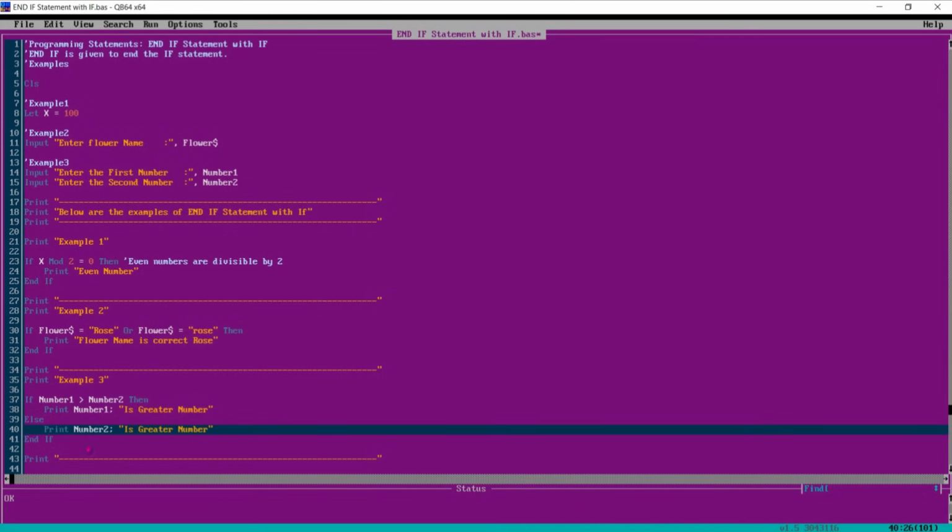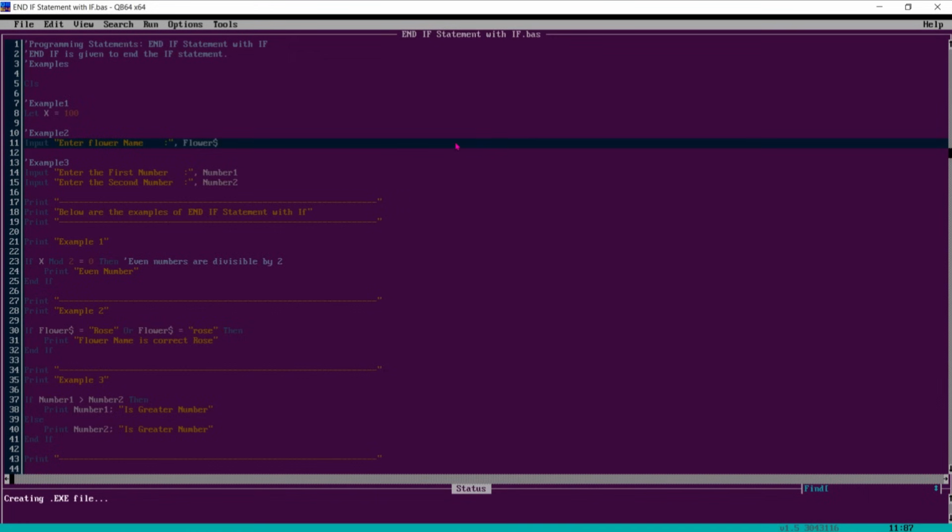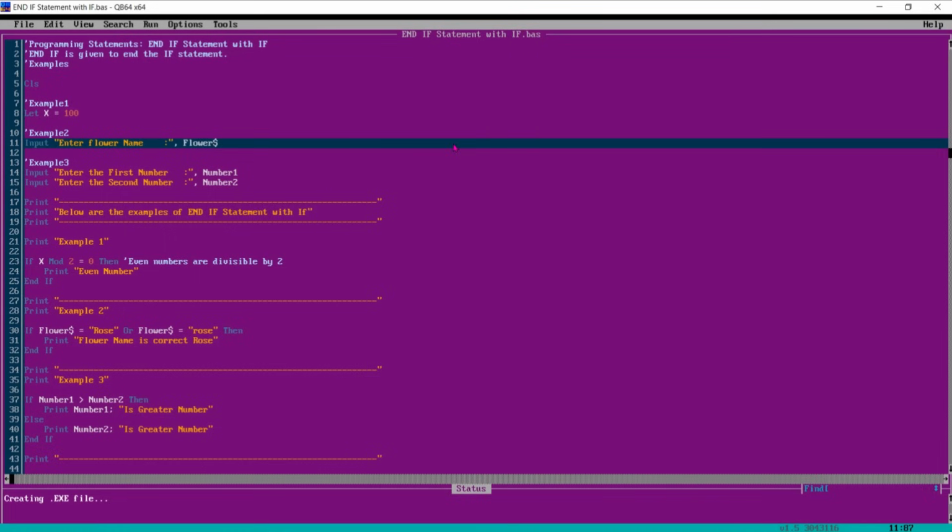And then end if. So these are the 3 examples. We will execute it and see.